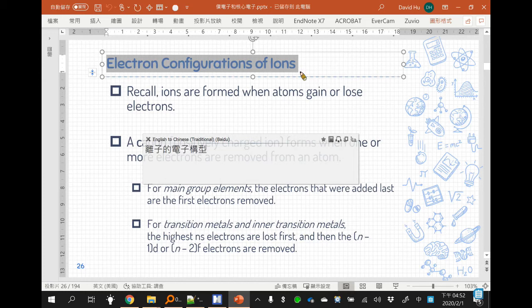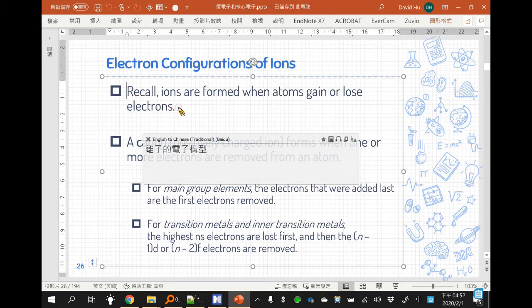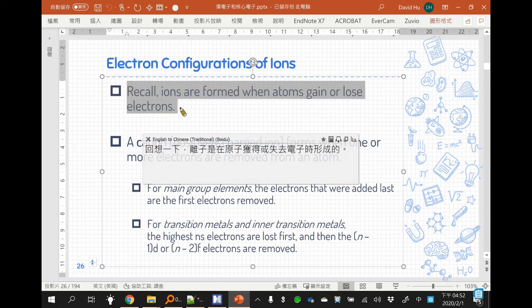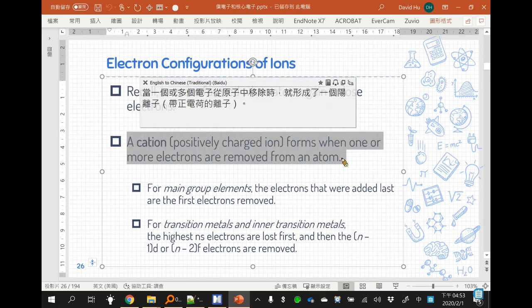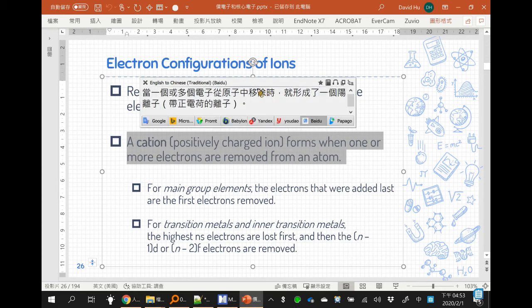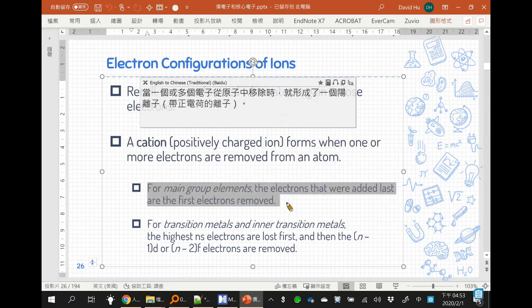Electron configurations of ions. 离子的电子组态。Recall, ions are formed when atoms gain or lose electrons. 回想一下，离子是在原子获得或失去电子时形成的。A cation, positively charged ion, forms when one or more electrons are removed from an atom. 当一个或多个电子从原子移除时，就形成一个阳离子，带正电荷的离子。For main group elements, the electrons that were added last are the first electrons removed. 对主族元素而言，最后加上的电子是第一个去掉的电子。